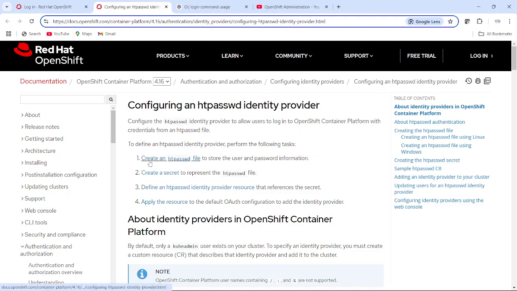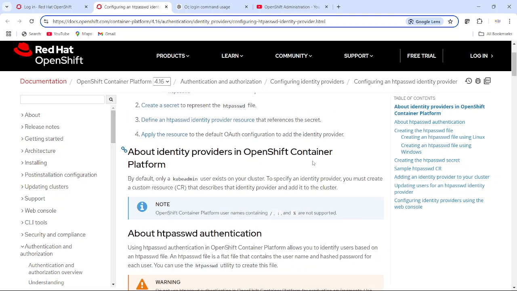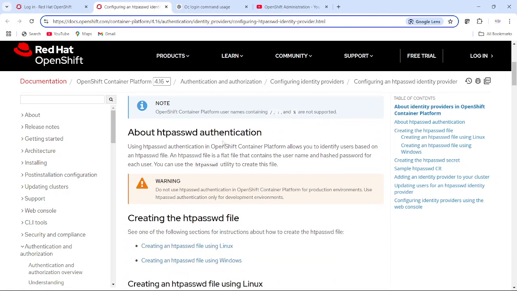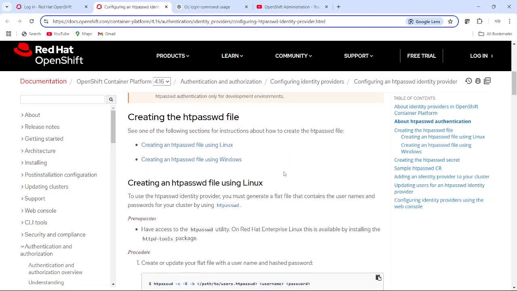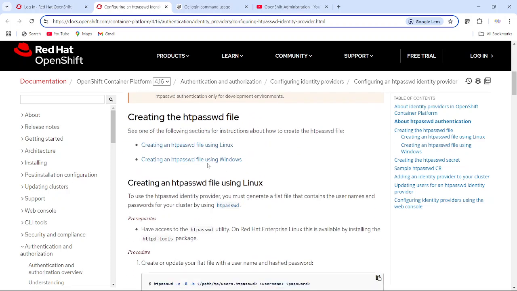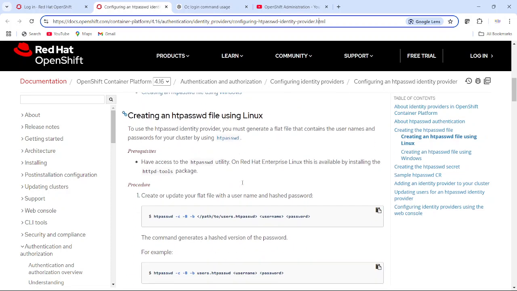So what we need to understand is the concept of the htpasswd identity. It's a type of authentication. Configure the htpasswd identity provider to allow users to log in to OpenShift Container Platform with credentials from an htpasswd file. So basically, first of all we have to create the htpasswd file. You can read all these details, and if you have any questions, you can contact me. So to create the htpasswd file,